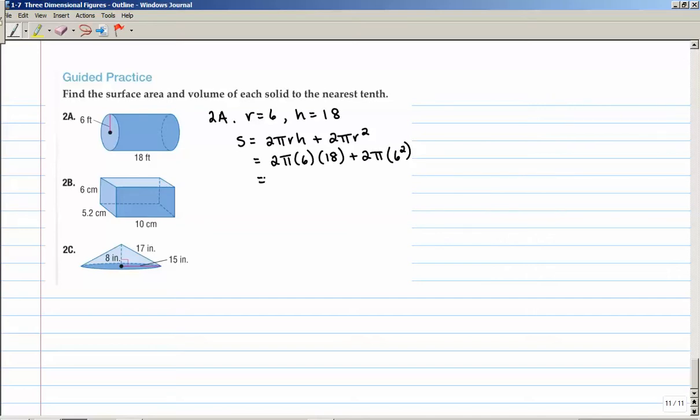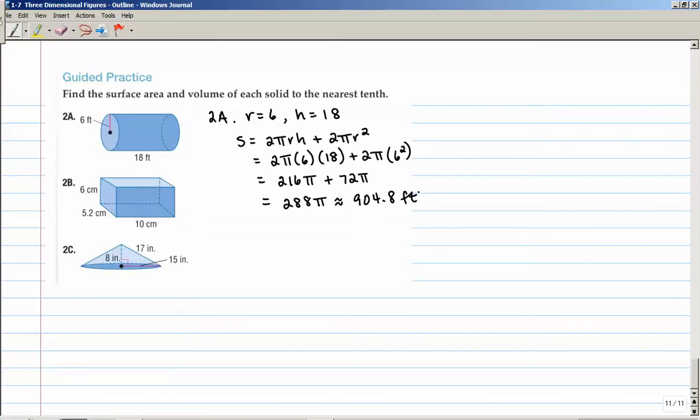I'm going to leave pi in my calculations until I get to the very end. So 2 times 6 times 18 gives me 216 pi, and 2 times 36 gives me 72 pi, so my surface area is going to be exactly 288 pi, which is approximately